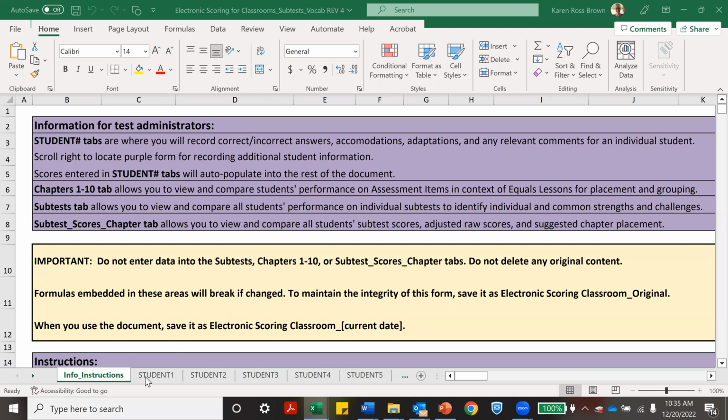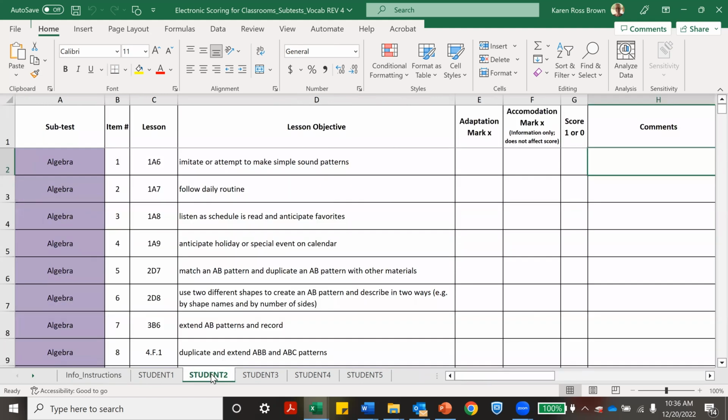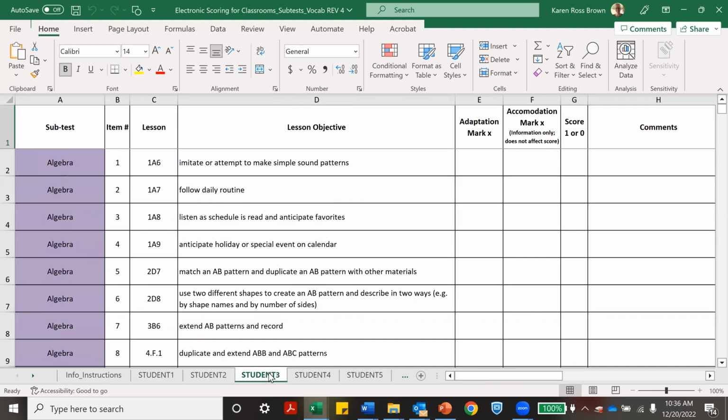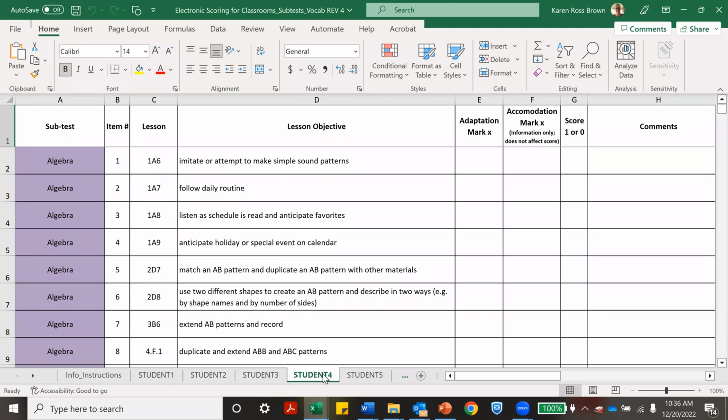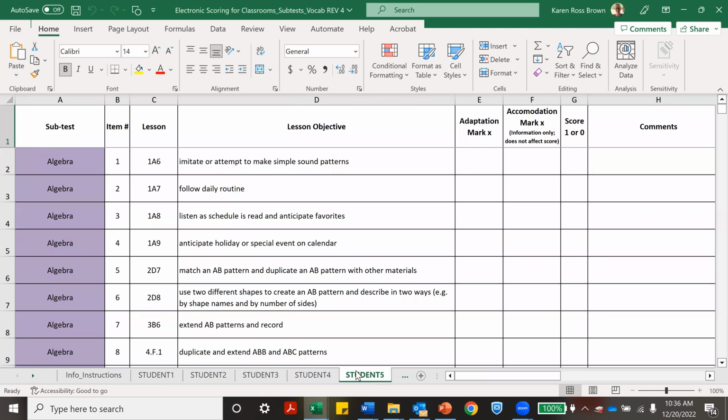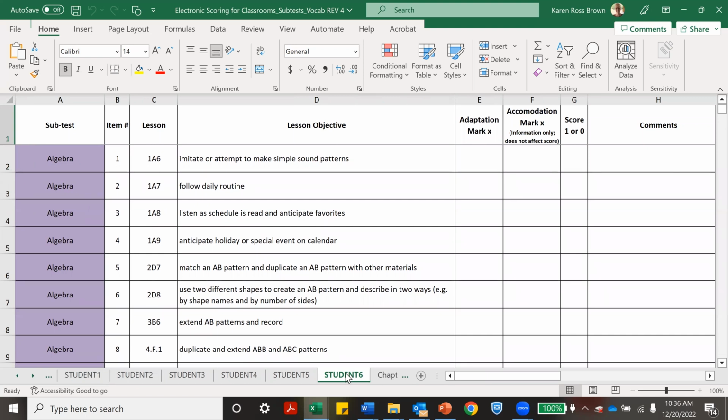If you look next to that first tab at the bottom, I just clicked on Student 1, Student 2, Student 3, Student 4, Student 5, and then I have to click the dots there to get to Student 6. That tells you that there are 6 tabs, enough space in this particular document to enter the scores of 6